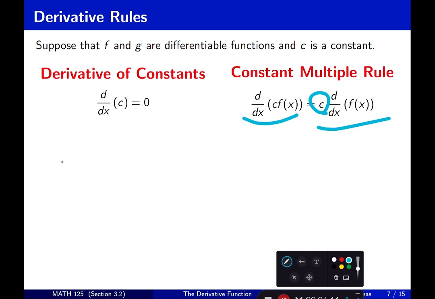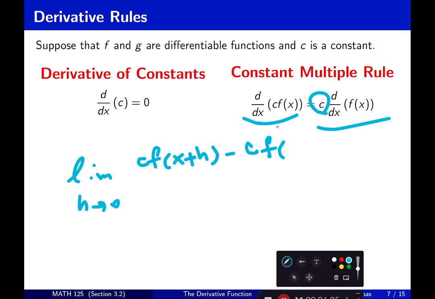How do I explain this using the limit definition? Again, I'm going to go h goes to 0, and what I have is basically c f of x plus h minus c f of x